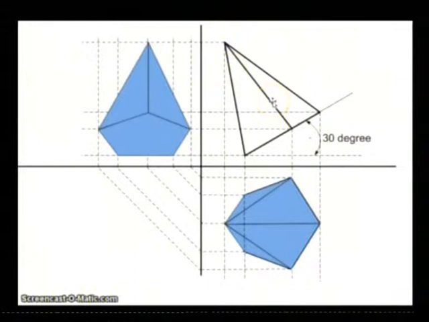So you start with the front view first, then the top view, and then you extend all these lines here from this top view and from this side view.